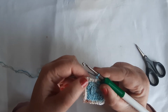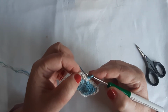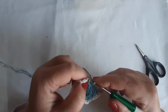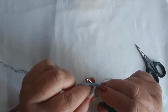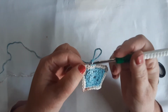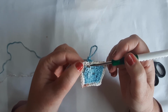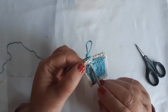front loop double crochet. So we're going to make the front loop double crochet at the last stitch. So we still have to make this one back loop single crochet, working over this yarn just for the one stitch, and you can take it aside. Now here you can see this is your last stitch you made. Now if you go down, here is a loop that you're going to work in, this one here, you see